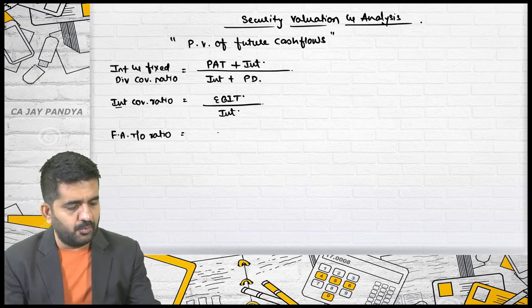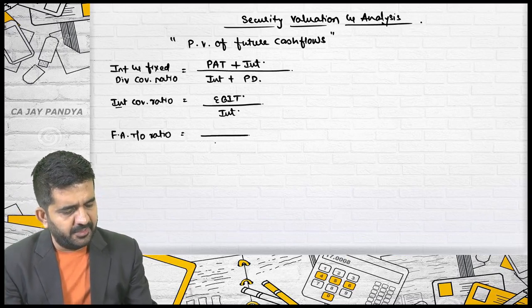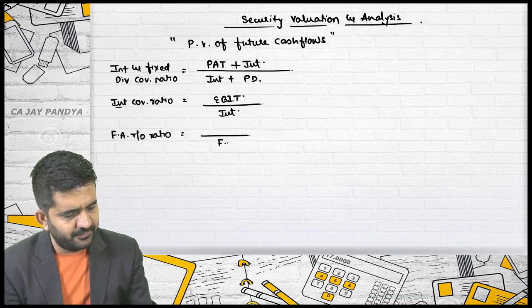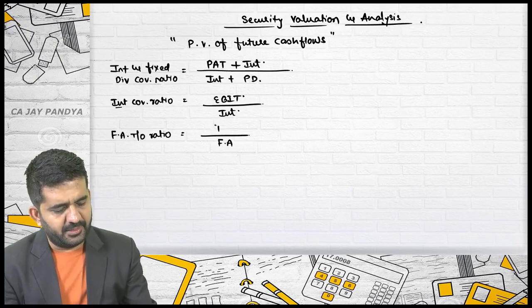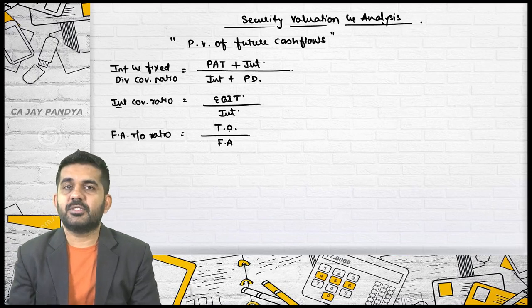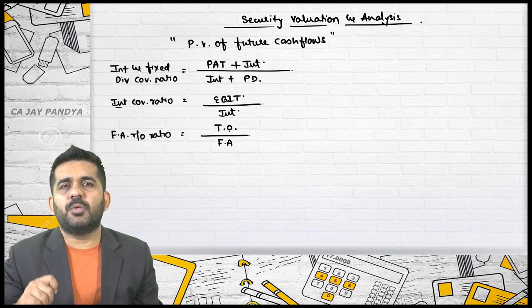Again, it is the turnover ratio. It will come in the denominator, fixed asset. What will come in the numerator is turnover. These are the formulas which were used in